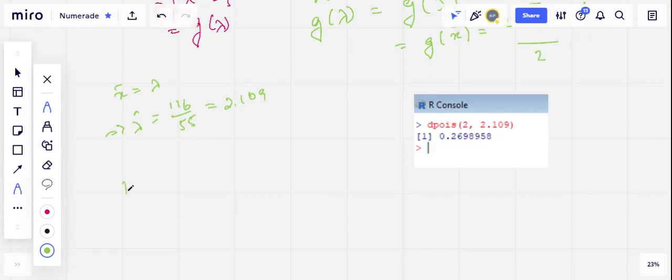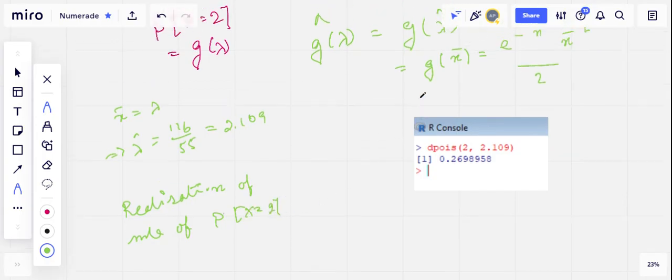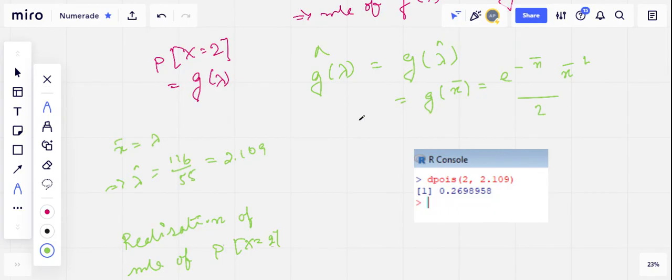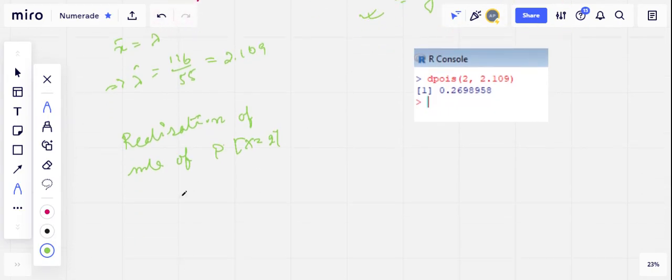Now the realization of MLE of probability X equals 2 we get by putting lambda hat equals 2.109 in this equation. Equals e to the power minus 2.109, 2.109 whole square, whole divided by 2, that is